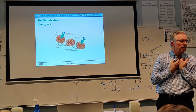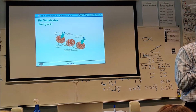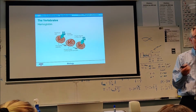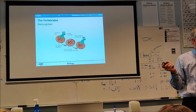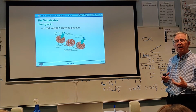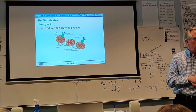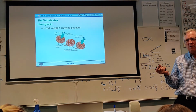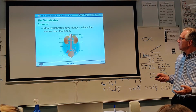At the same time, it's also going to be picking up carbon dioxide to take back to the lungs. In the lungs, it wants to get rid of the carbon dioxide, but pick up new oxygen. So that hemoglobin is what makes our blood red. If you took out all the red blood cells, it would be pretty clear, well, kind of a yellowish color. Now, excretion